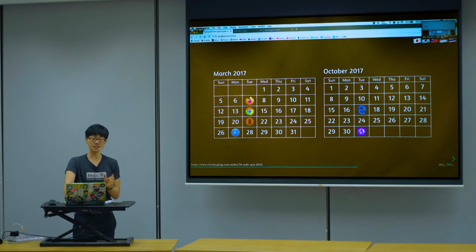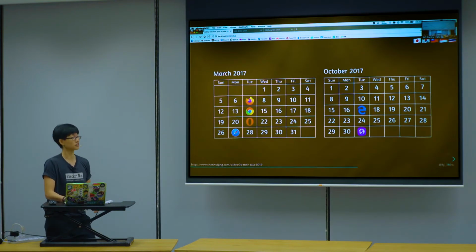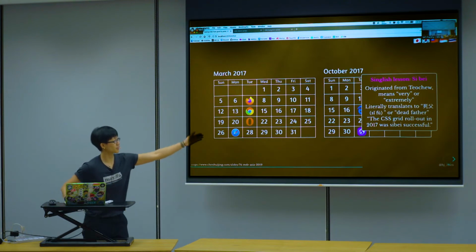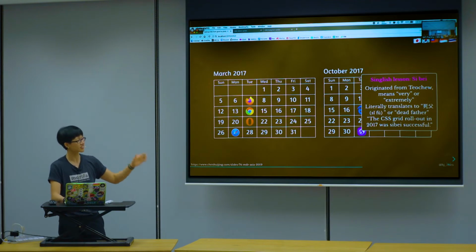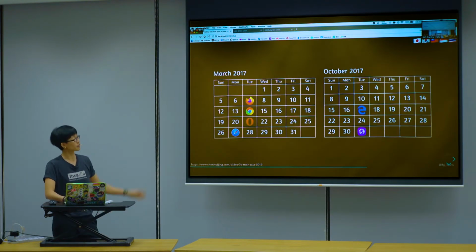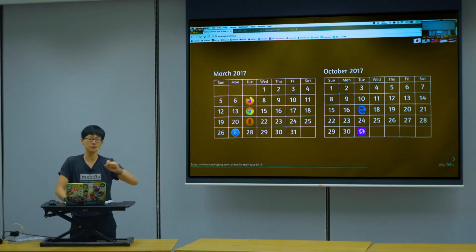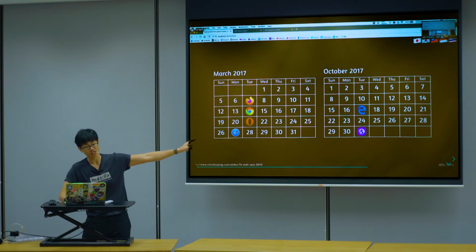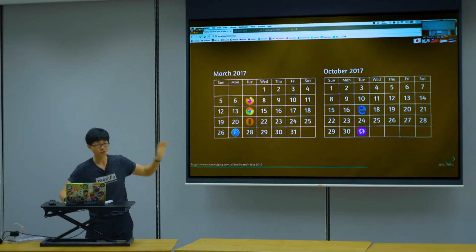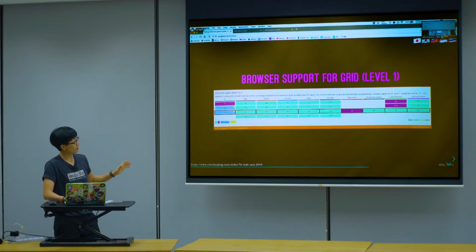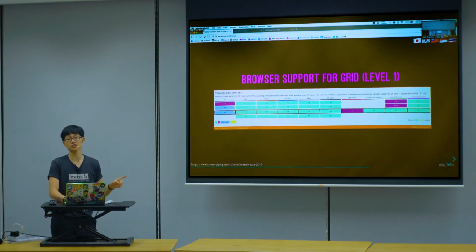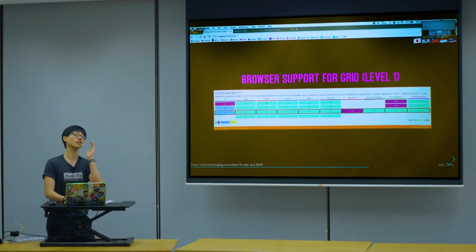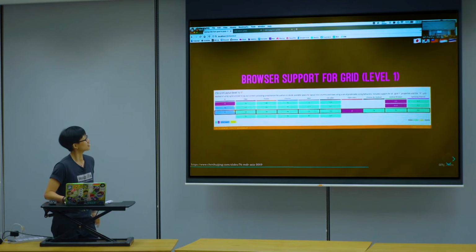So in 2017, Grid had a sibei successful rollout. Sibei originates from Teochew, and can be used to describe extremely or very. So like, CSS Grid rollout in 2017, sibei successful. That's how you use it. But at the end of March, all the major browsers had already shipped a stable implementation. And even in October, Samsung Internet and Edge also could support Grid. So right now, I know the text is very small, cannot see, but trust me, more than 93% of internet users are already using a browser that supports Grid. So if your excuse for not using Grid is browser support, cannot, update your excuse.